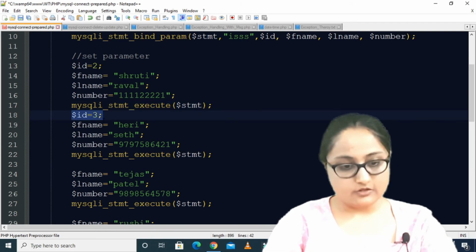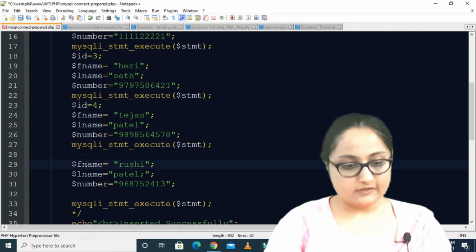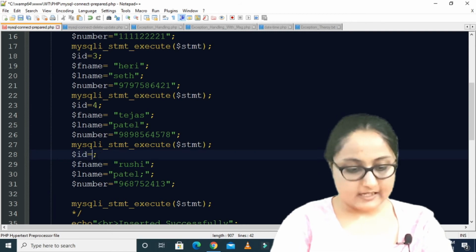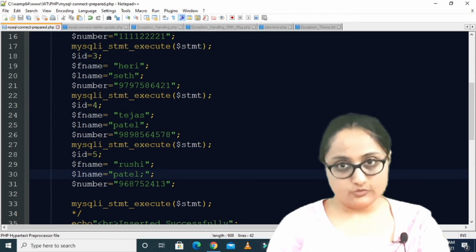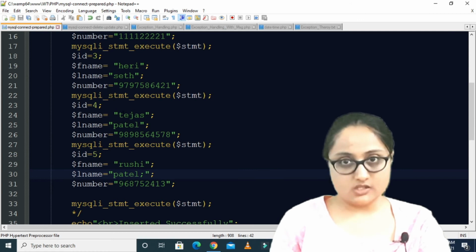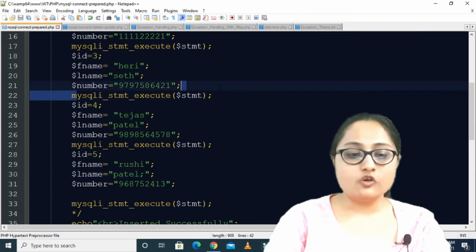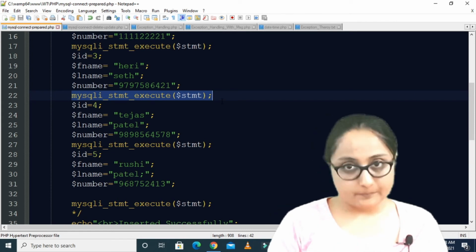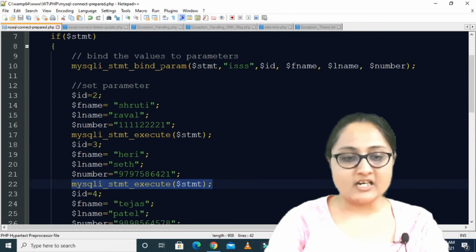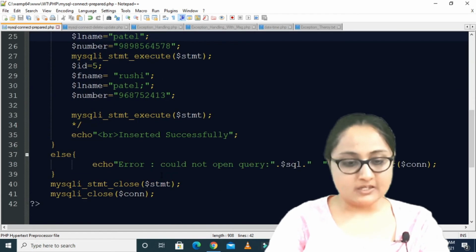For the next values I will have ID 4, and for the last set of values I will have ID 5. Okay, so the other 5 sets of values I am binding to the parameters that were unspecified, and for each binding you have to separately call the execute statement, because this will be executed multiple times but it will be compiled only one time. That is, you can see that I have written the prepare statement only one time, but execute I have written multiple times. So now let us run this code and see.